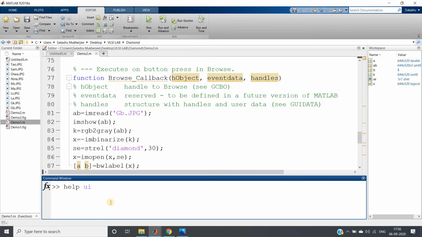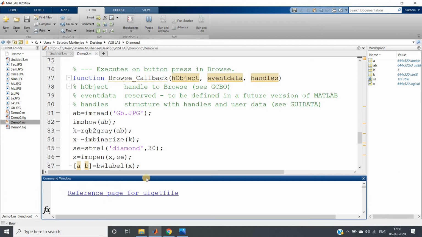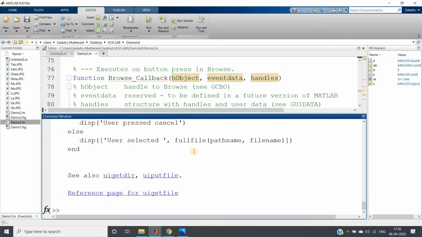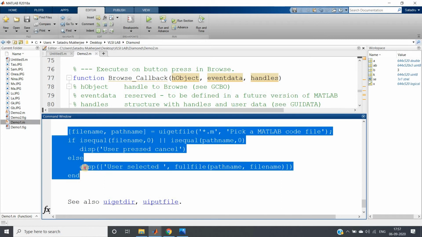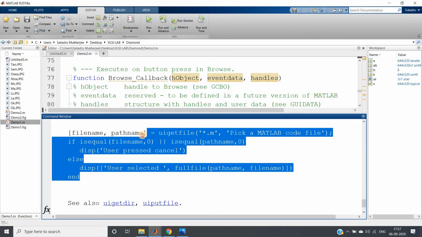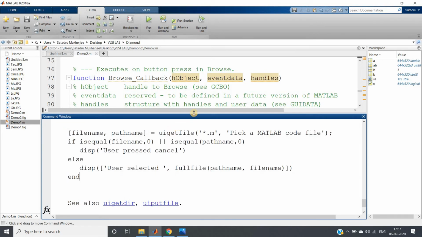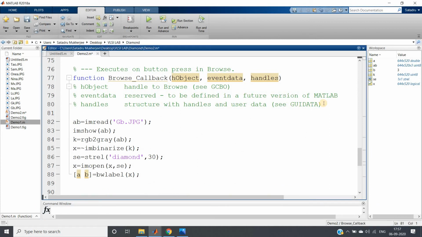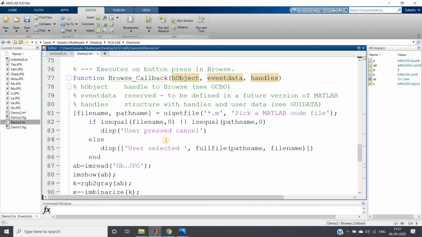Okay, you just write uigetfile and hit enter. You will get some help, and in the last part you'll get one code snippet. Just copy this particular part of the code, only this one. Control C, and then you paste it here, right?